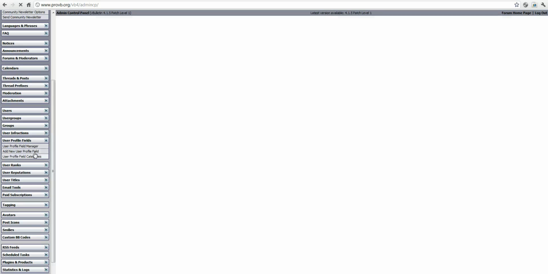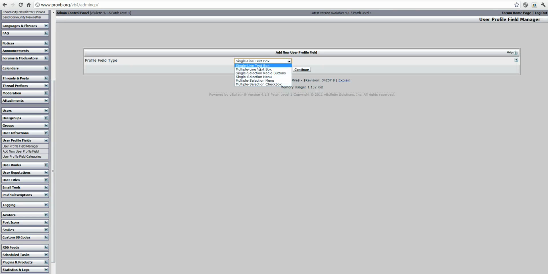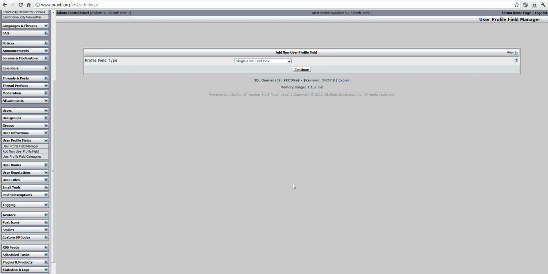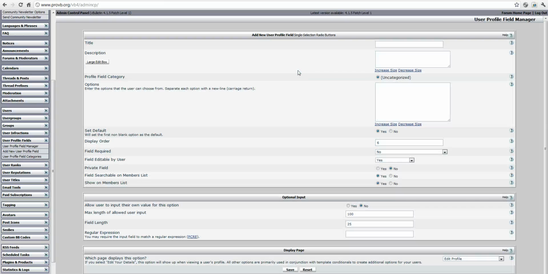If you click add new user profile field, you want to go to single selection. You could do a radio or a menu. A menu is pretty much what you see here, a little drop down, and a radio is pretty much this. Yes or no, that's a radio. So we're going to go with the radio, and what we did was we put yes, no, and then I think we named it subscribe to our newsletter,